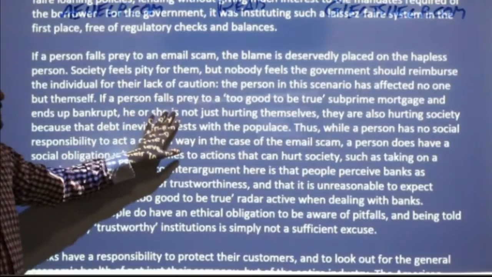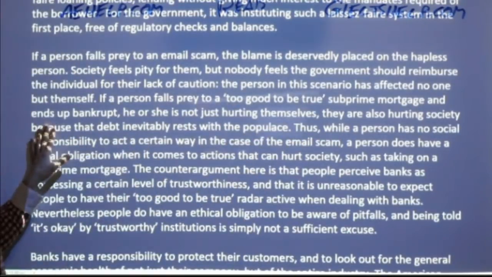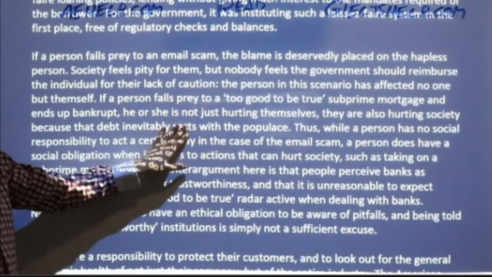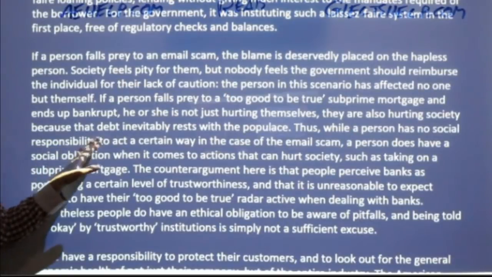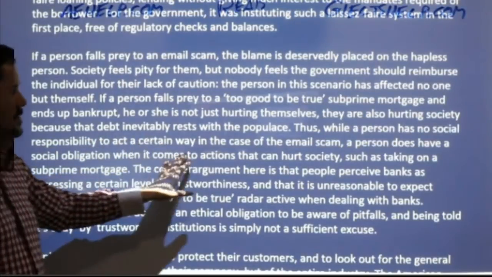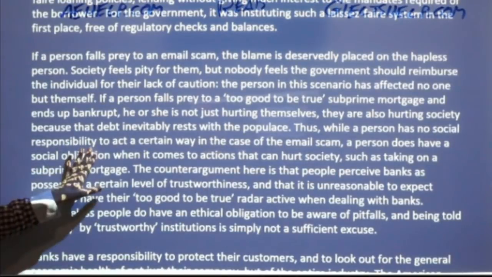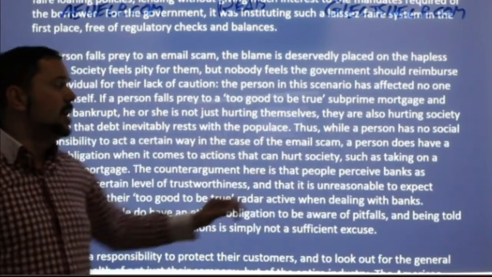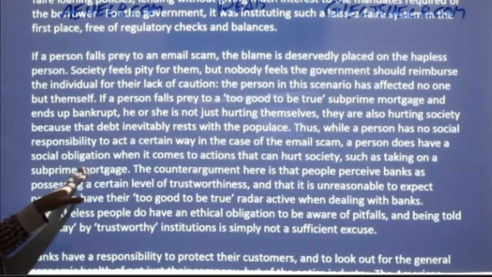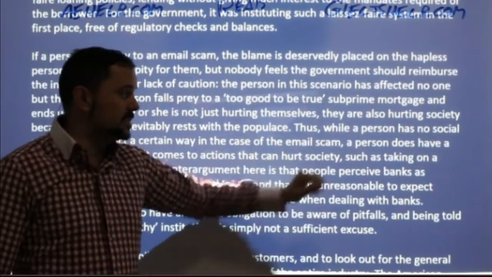If a person falls prey to a too good to be true subprime mortgage and ends up bankrupt, he or she is not just hurting themselves, they are also hurting society, because that debt inevitably rests with the populace. Thus, while a person has no social responsibility to act a certain way in the case of the email scam, a person does have a social obligation when it comes to actions that can hurt society, such as taking on